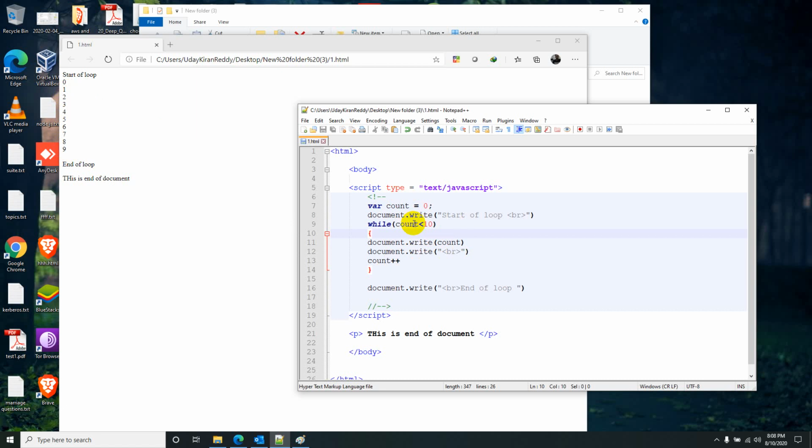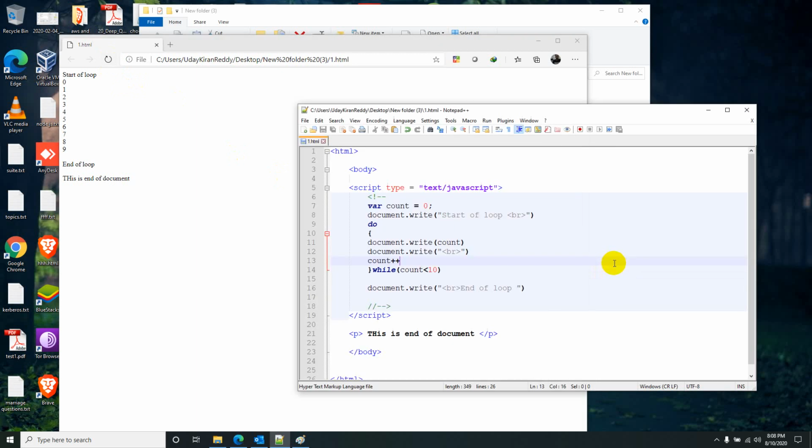One more thing: if you observe, I am checking this condition before entering the loop itself. Let's say I want to check the condition after entering the loop, I mean at the end of the loop. Then what I will do is write do here and paste that condition part here. So it will enter the loop first, and at the end of the loop execution it will check the condition. The advantage of this is that it will execute the block at least once, even if the condition is false.